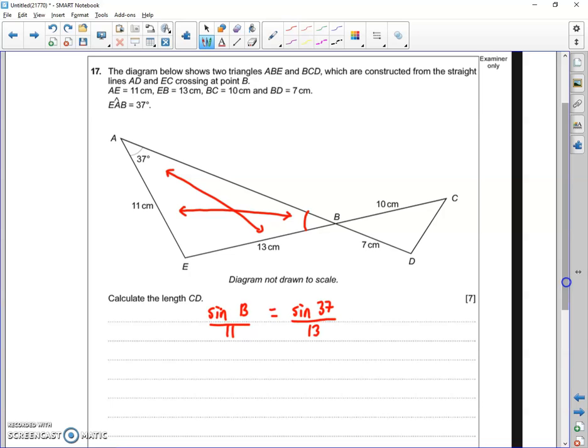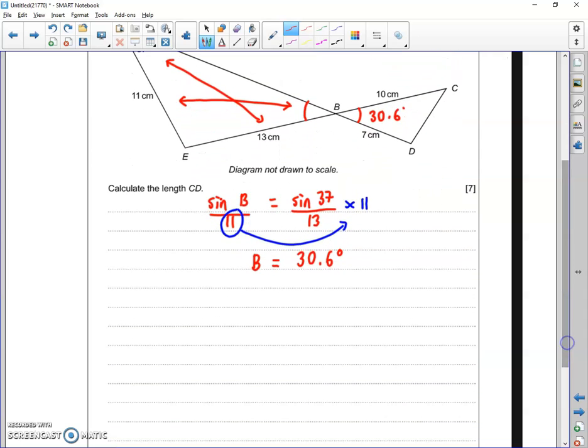To get sine B on its own, you've got to bring the 11 up and multiply by 11. You'll have to do sine minus 1 as well after you've done that. So when you've done sine minus 1, you should get an angle of 30.6 degrees. Then, using opposite angles are equal, we can say that the angle in there is also 30.6 degrees. Now we've got, on the smaller right-hand triangle, 2 sides, the 10 and the 7, and the angle